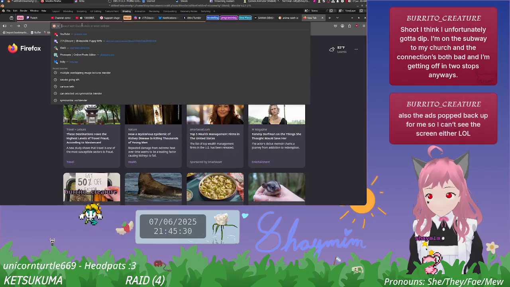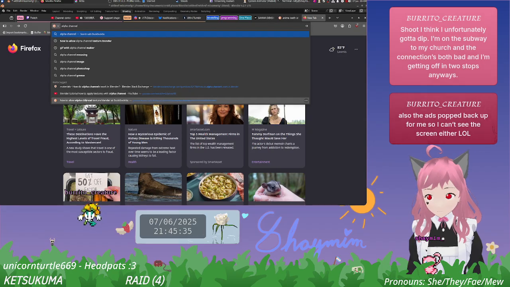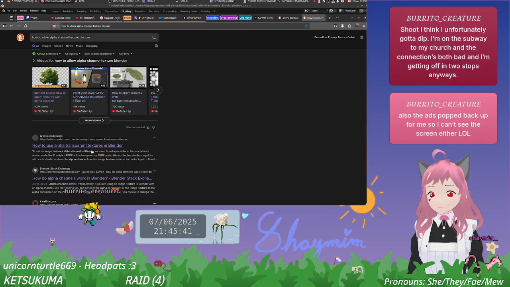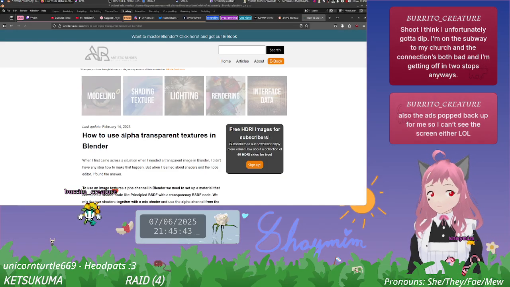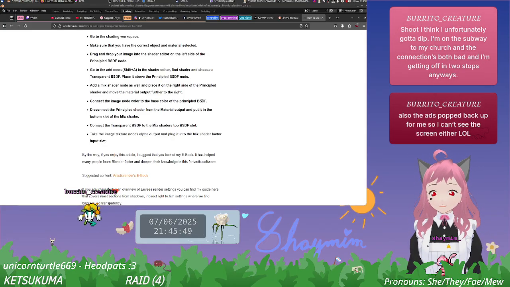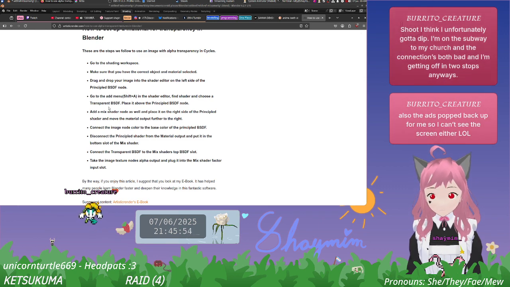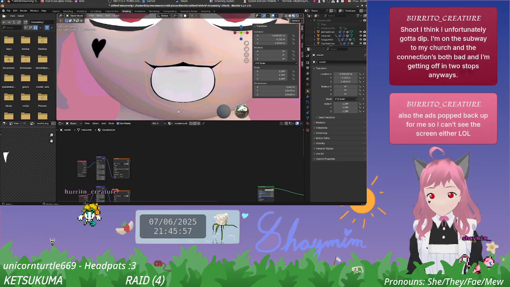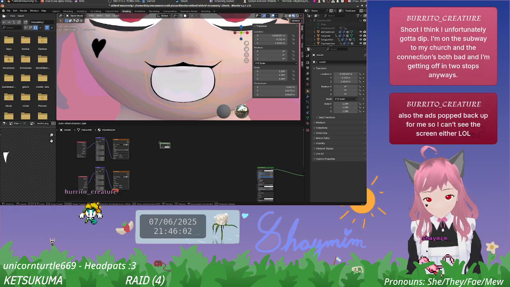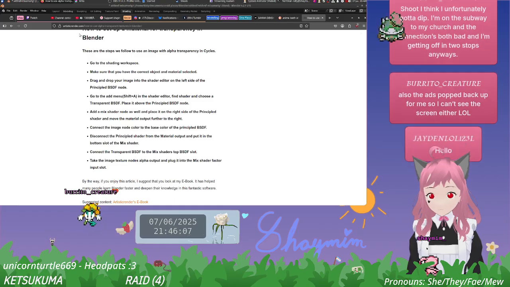No. Maybe it was this one. All I know is that one of them works. Change into this. It's parent BSDF. It's parent BSDF. Okay. And a mixed shader.